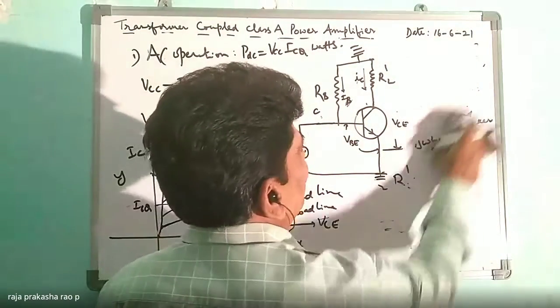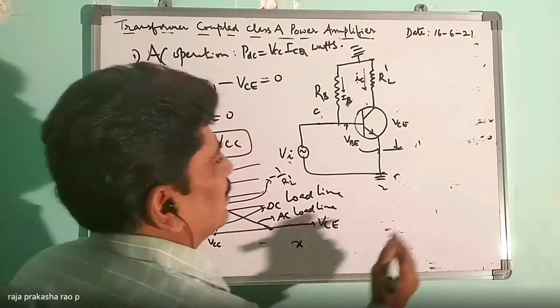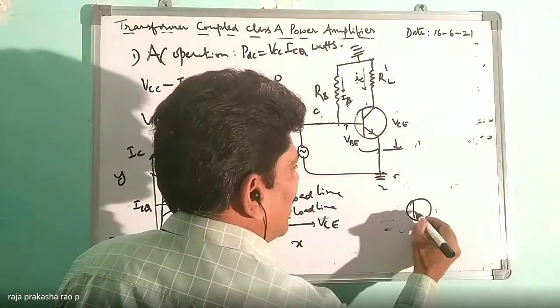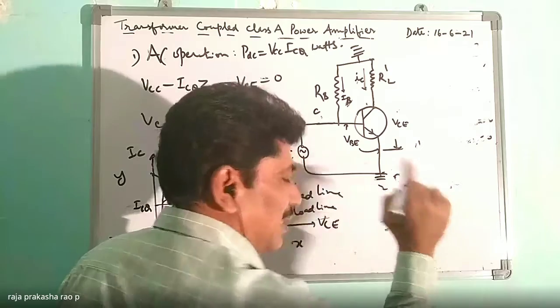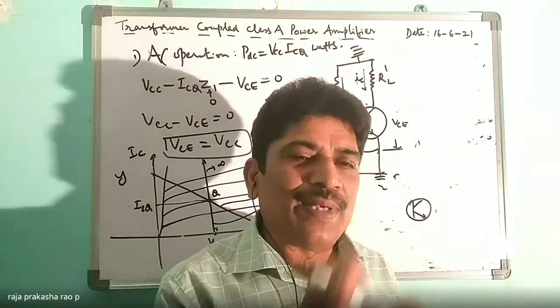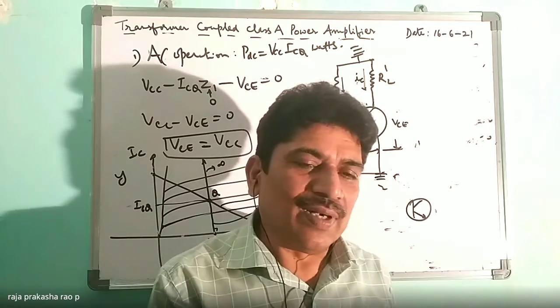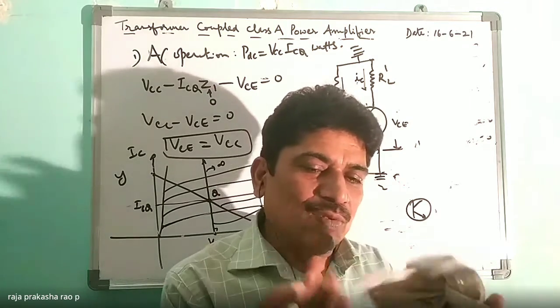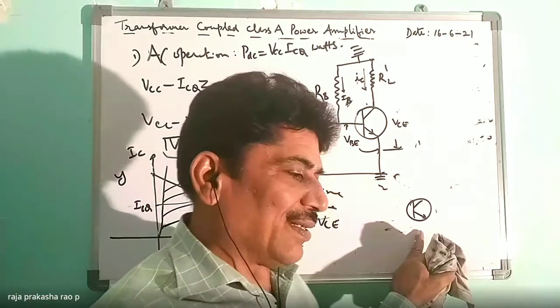I'll draw it for you. The circuit will be like this. NPN transistor as it is. In the first unit, what we have done, the transistor is replaced by the h parameter model. Is it not? What are those two equations? The two equations represent this transistor.